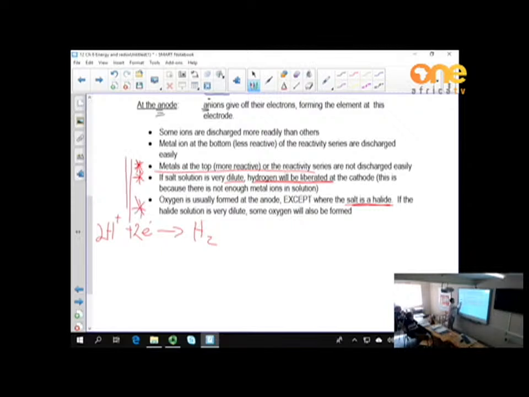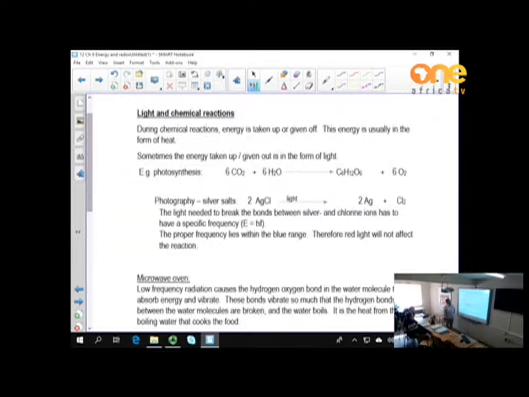So those 3 points are very important for the higher levels. The halides will be discharged, whereas for the others it is oxygen that will be formed. Now, some chemical reactions involve light. One very well-known one,